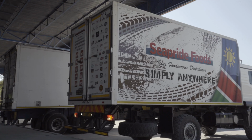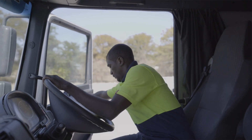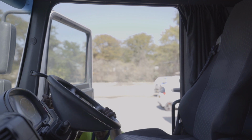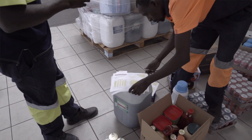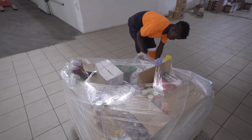At that stage we had the 4x4 truck in place. We started running that during the dry season where we could get through some of the floodplains to service some of these clients. We started operating by loading in Katima, travelling via the Kasai Channel, and then delivering to the Namibian clients on